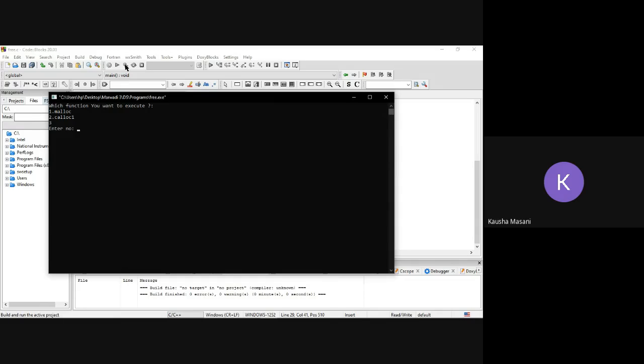It is going to ask you 3 times to enter the number. So 1, 2, and 3, and it displayed 1, 2, 3. It also freed the memory, but then again we are not going for a printing for loop. If you had gone for printing the for loop after your free function, then nothing would have printed. Right now it is printing 1, 2, 3, which is your given input, but after you have executed your free function and go for the loop, it won't be printing. So you have to make some changes so that your user knows, or you know, what exactly is happening.